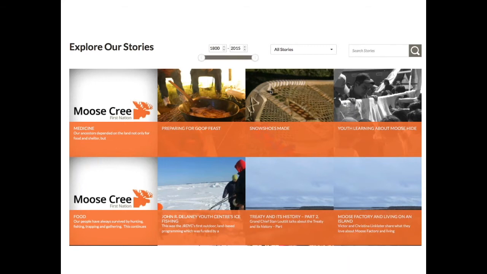Going back to the idea of a living museum, all of the stories are sorted in a dynamic format. You can search through them depending on whether you want to look at video stories, audio stories, or written stories. There's an interactive timeline. Some people also like to browse by different category, and if there are enough stories, you could eventually sort them that way.